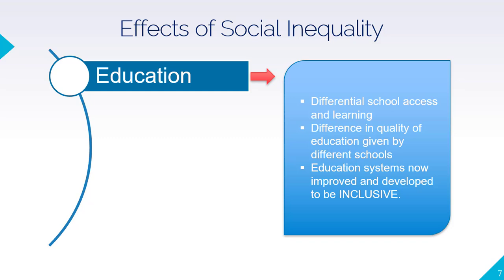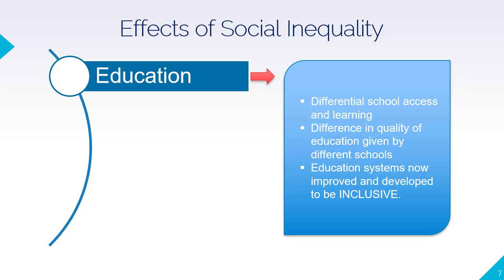Due to different political empowerment and programs in different places, the quality of education given by public schools was also different to the education given by prestigious schools which require bigger tuitions from the students. However, slowly and gradually, the education systems are now enhanced and improved to be inclusive. Inclusive of all types of students, regardless of their social status, parents' income, race or ethnic group, special needs and even age. Meaning older people who weren't able to get their formal education before can now get back to school and learn.